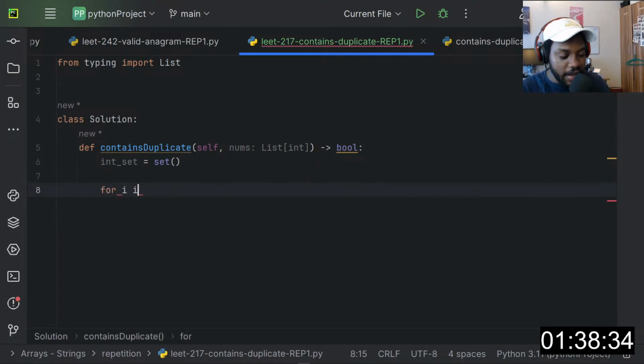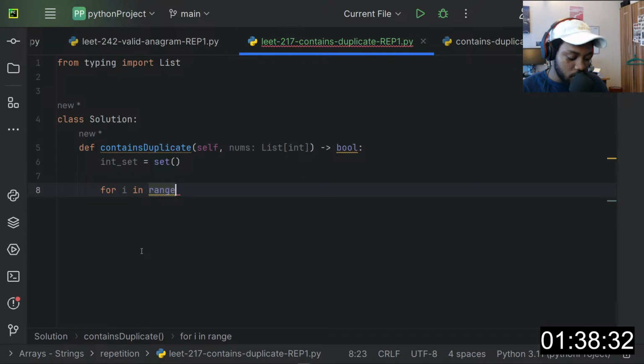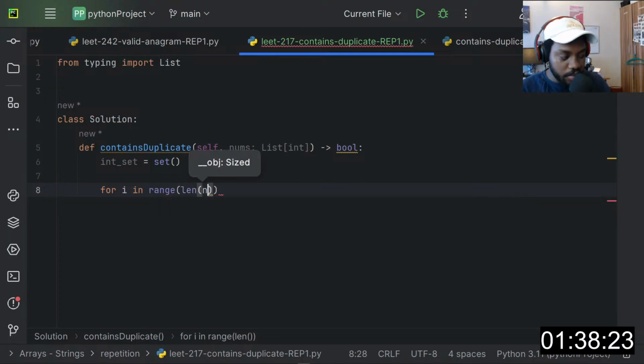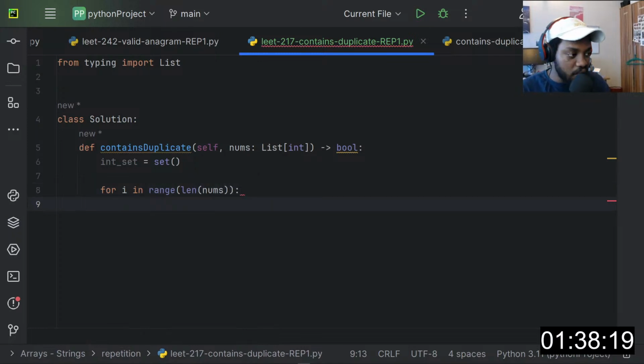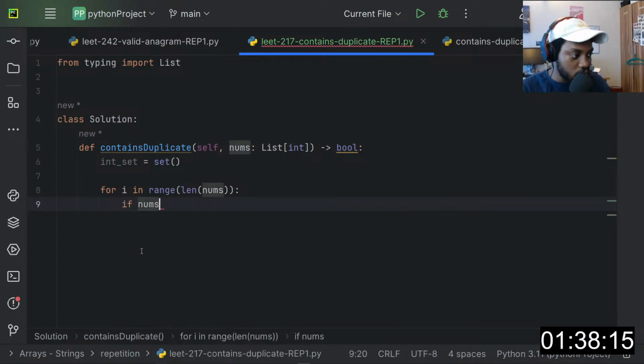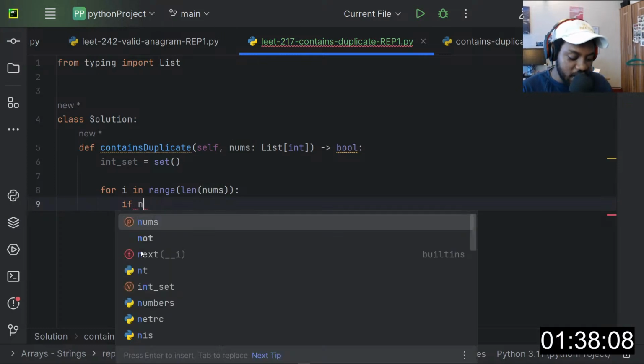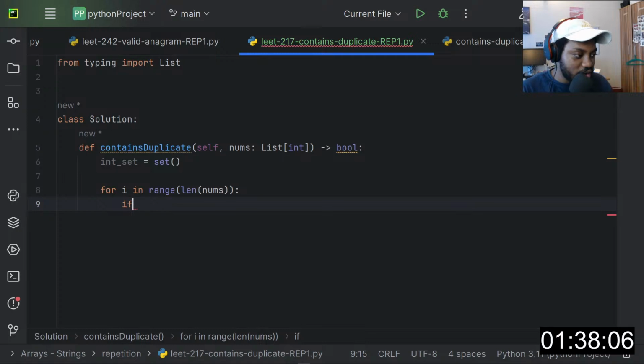Say for i in range len of nums, right? We can say if nums is in the array. Okay, if nums at i, you know what, I don't even need the index here.